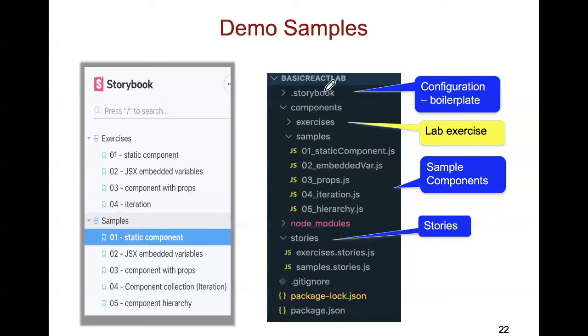On the top there, I have a folder called .storybook. It contains some basic configuration information that the Storybook server uses to work out where the actual stories are implemented. So it will tell us that the stories are down here. And in the stories, it will actually read through the story implementations. And of course, the import statements at the top of the story implementations will refer to where the actual components